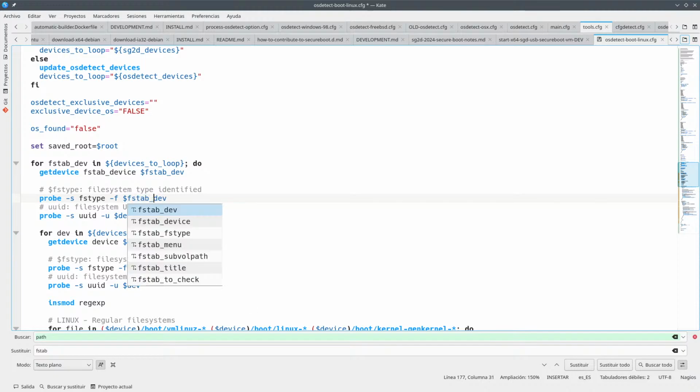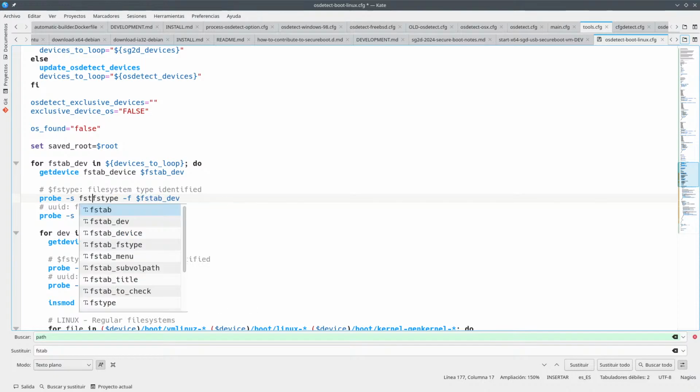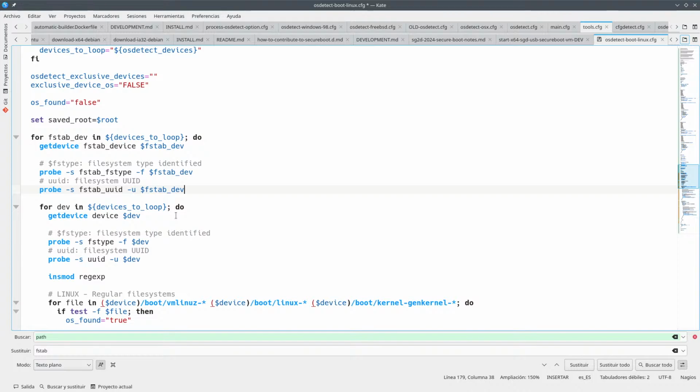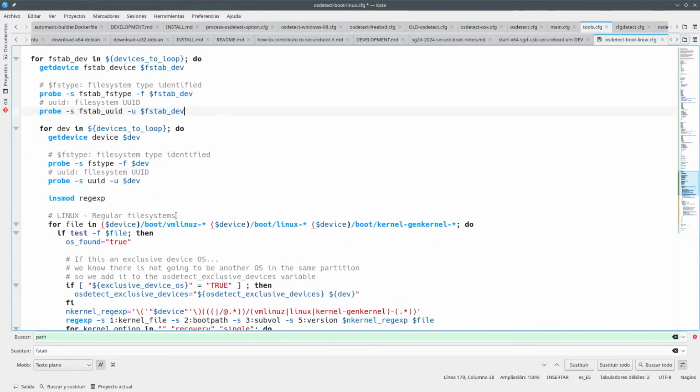So fstab def is fstab type, and so this is fstab uid, which is the one that we want to use. Okay,